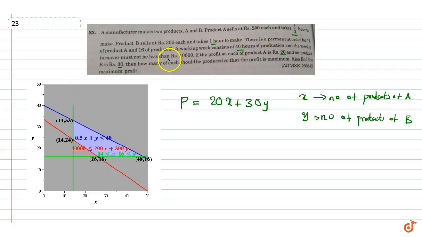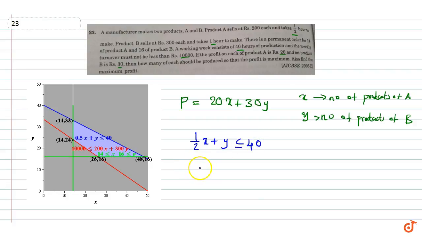And the weekly turnover must not be less than 10,000. So our constraints are half x plus y should be less than or equal to 40